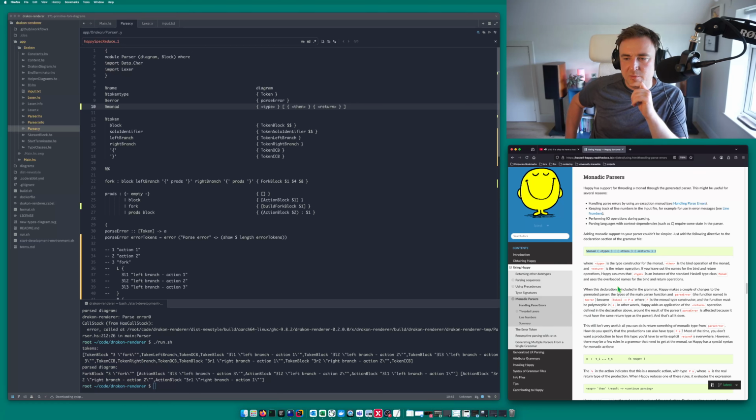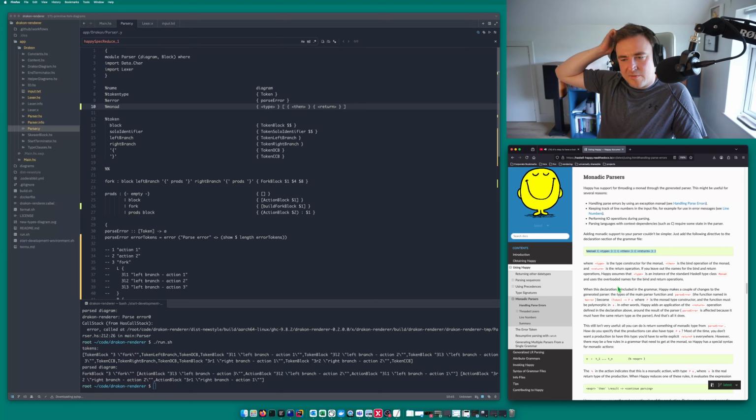Type constructor for the monad. Then it's the bind operation of the monad, and return is the return operation. If you leave out the names for the bind and return operations, Happy assumes that type is an instance of the standard Haskell type class monad and uses the overloaded names for the bind and return operations.